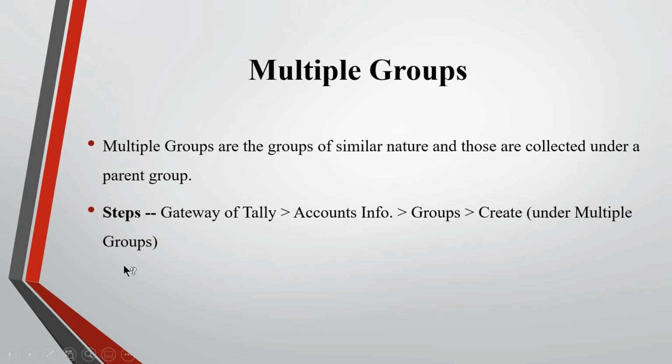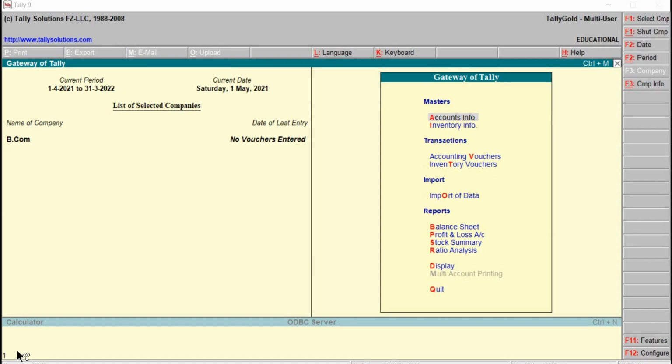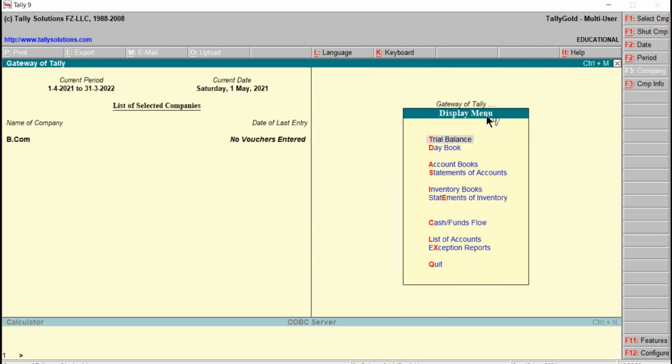Before I proceed to creating the user-defined group, we will see the list of 28 predefined or built-in groups which are available in Tally. In that case, from the Gateway of Tally, we have to go to Display, then the Display menu, then select List of Accounts.